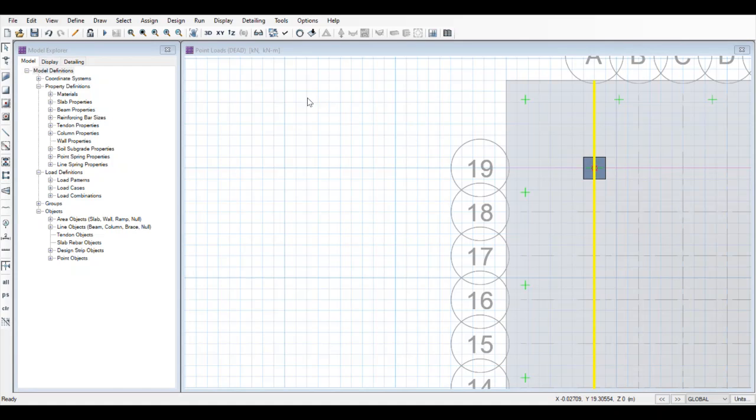Go to design, enter the rebar material which we are going to use. Similarly, select all the strips. After selecting the strips, right click upon them. You will see the dialog box wherein you will have to enter the rebar material.